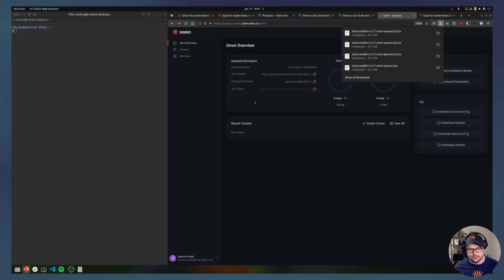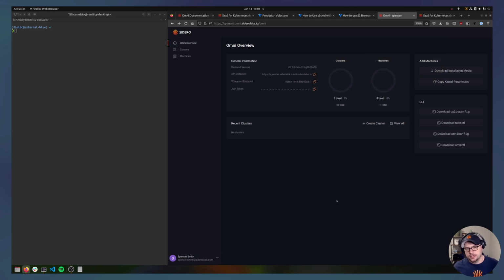And it's just really cool stuff. So that's downloading the ISO. Once you download the ISO, it's now time to actually boot some machines. So what we're going to do today is a little Franken cluster. I think we're going to go full KubeSpan and do a hybrid cluster between,